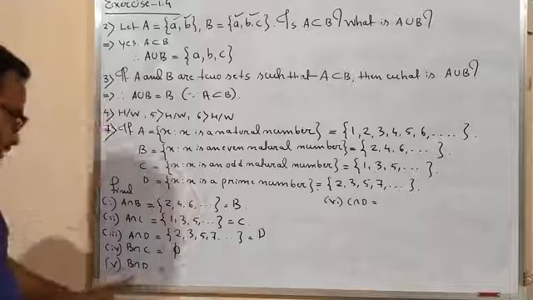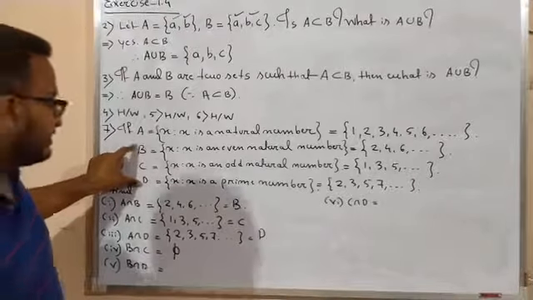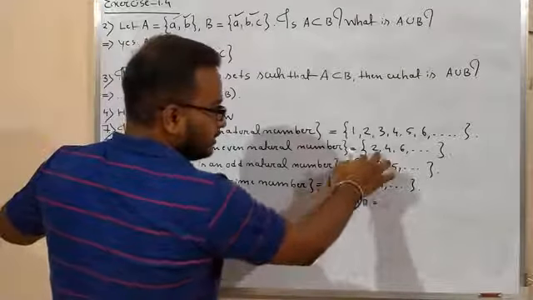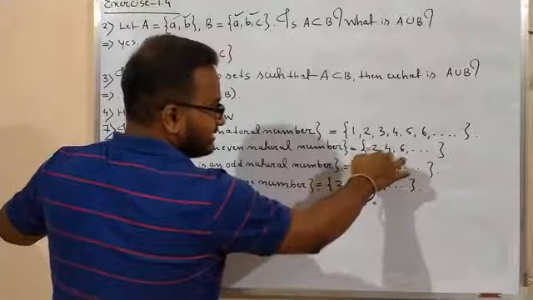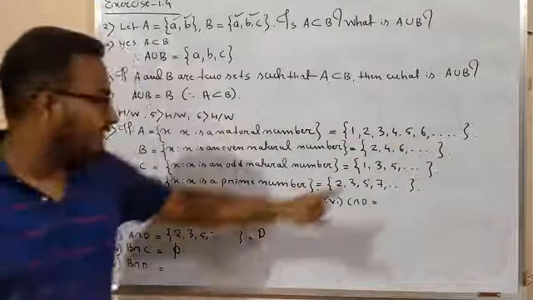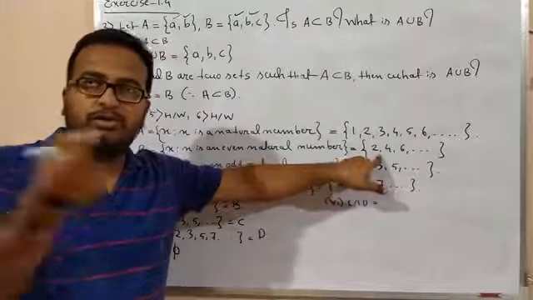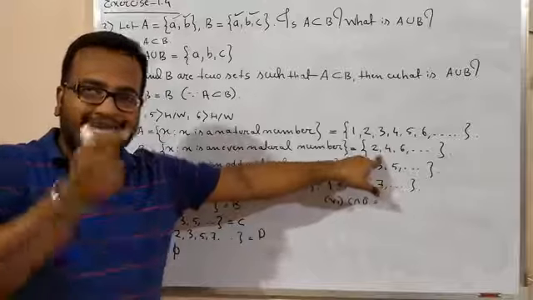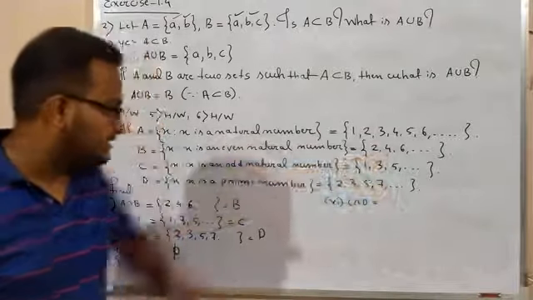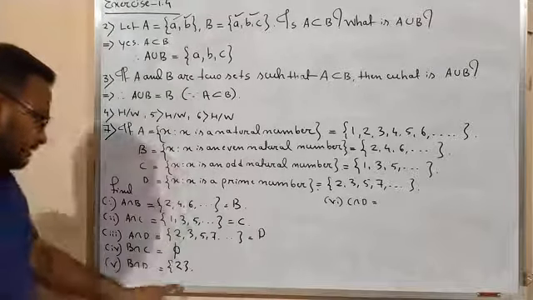So what is B intersection D? Here you will get, I think, 2 only. Only 2, right? Because in this case the sets are 4, 6, 8, 10, that means all even natural numbers, and we know 2 is the only even natural number which is a prime number. Except 2, all the prime numbers are odd natural numbers. So this set is a singleton set containing the element 2.